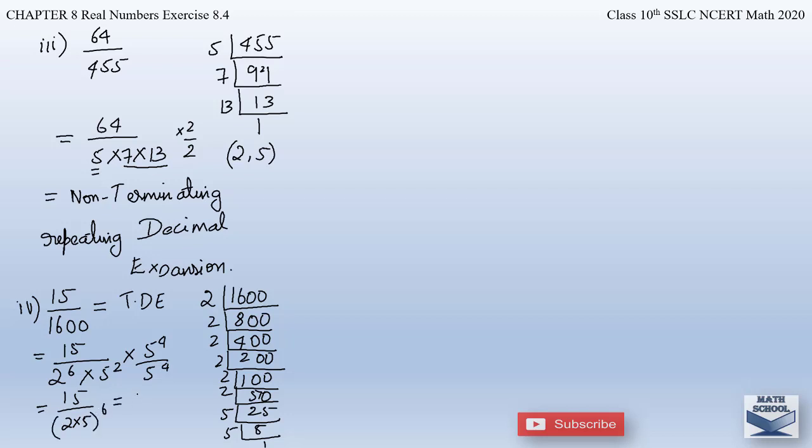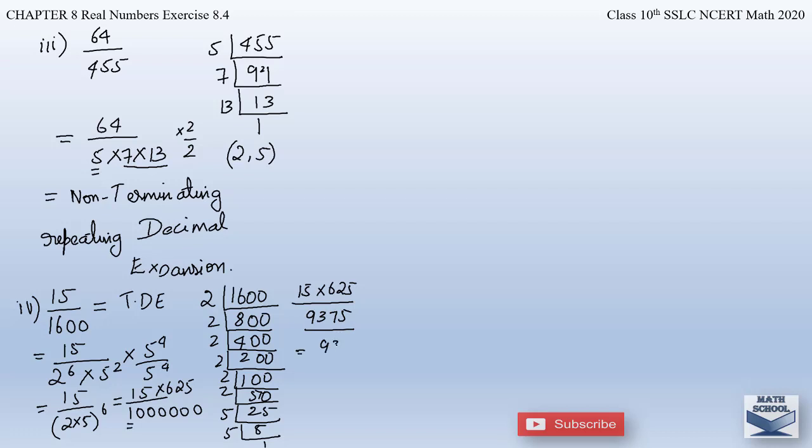Now let us write the decimal expansion for the denominator, that is 5 twos are 10. So 10 power 6, we get 6 zeros in the denominator, 1 2 3 4 5 6. The numerator is into 5 power 4, and 5 power 4 is nothing but 625. So multiply 15 into 625, you get the result as 9375. So multiply and find out this, guys. I've already multiplied, so I'm writing down the result directly.